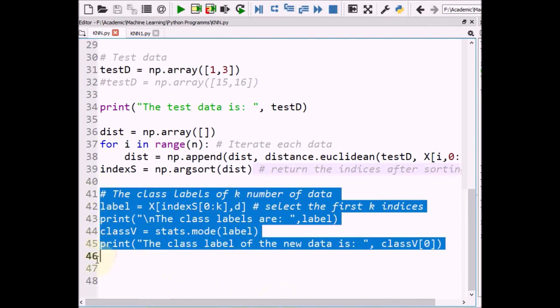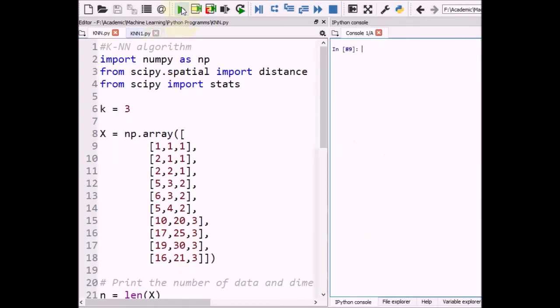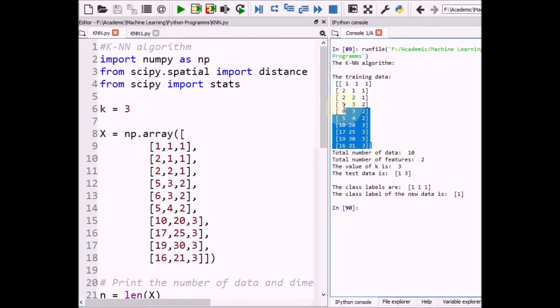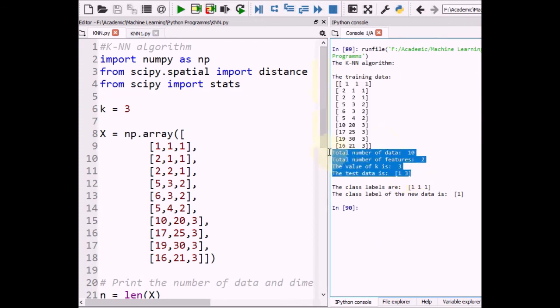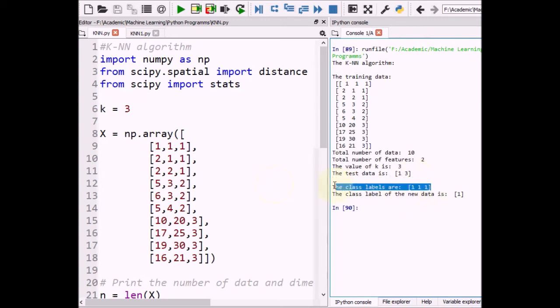Now these are the lines through which we identify the class label. If you execute it, we can see our training data: number of data points, number of features 2, the value of k is 3. The test data is 1 and 3, and the class labels are 1, 1, 1. So definitely the class label of the test data 1, 3 will be 1.